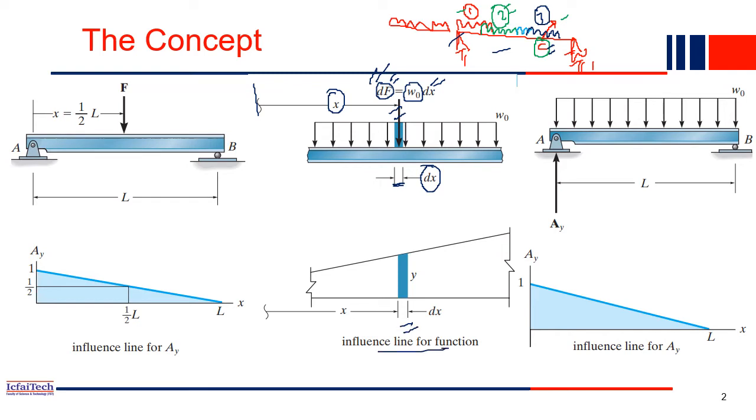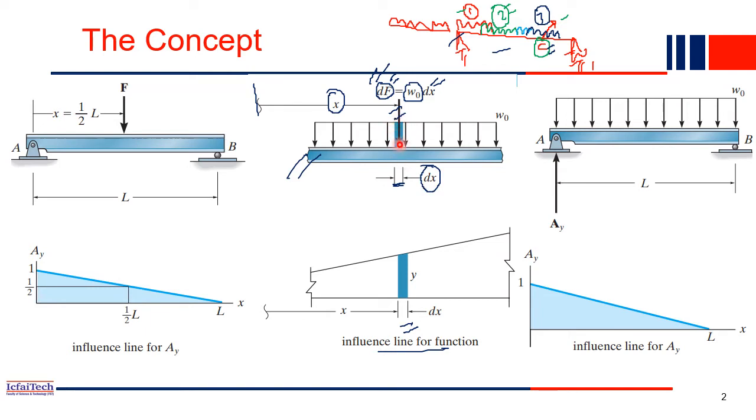And let's consider this is the influence line diagram for this beam. This is just a random arbitrary shape we have drawn. Now we'll find out how exactly you can draw the influence line function, or find the influence line function. Here we have considered a small segment dx, and a UDL is acting.